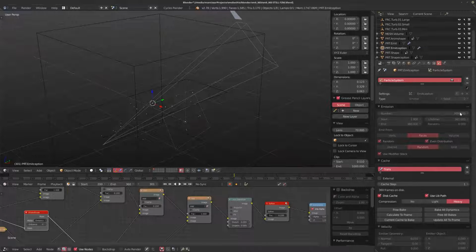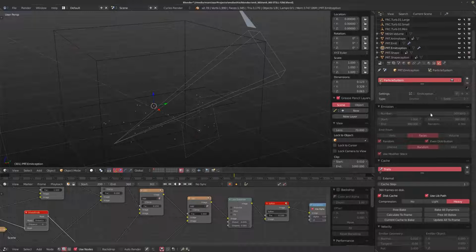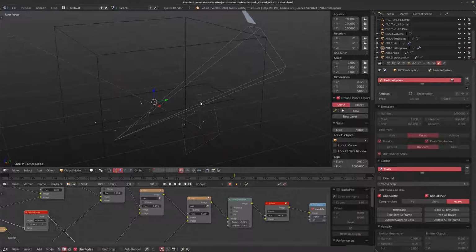It works fine because you can test it with way less particles to make sure that the movement and the emission is working fine, and then just crank it up in the end and simulate it and let it render after that. And that's generally what I do. I'll do a lot of this stuff with a lower particle count and do all of the compositing and everything as well with the lower particle count, and then just crank up the final result, cache it out, and then hit render once I'm done caching all those particles.